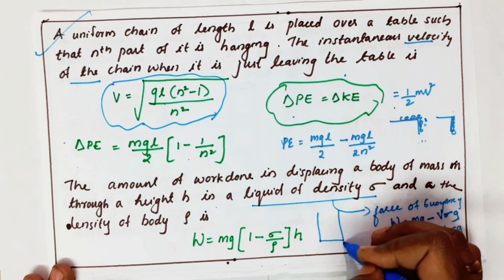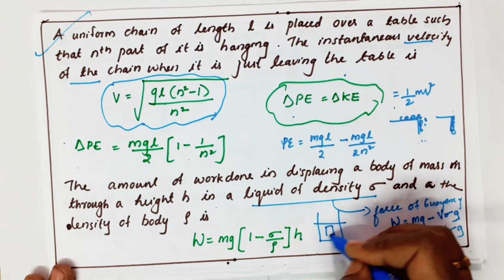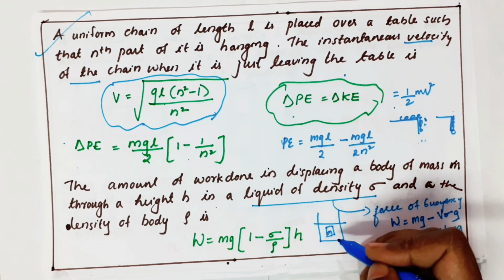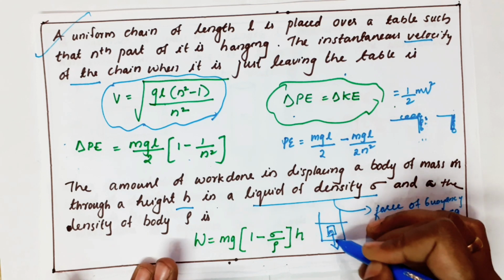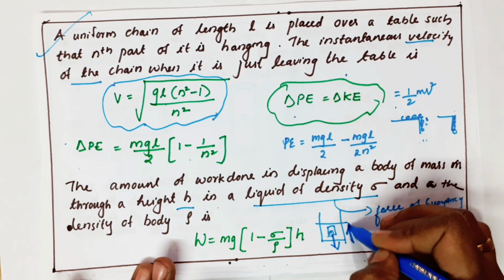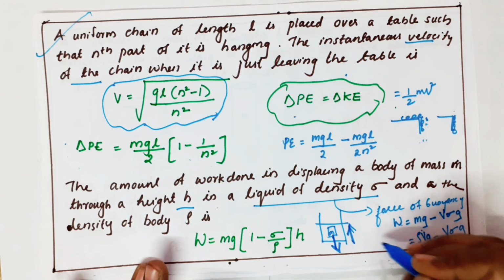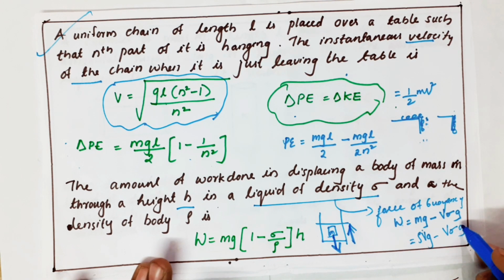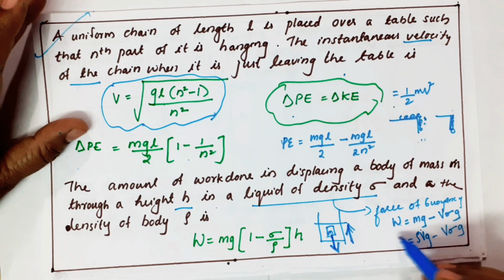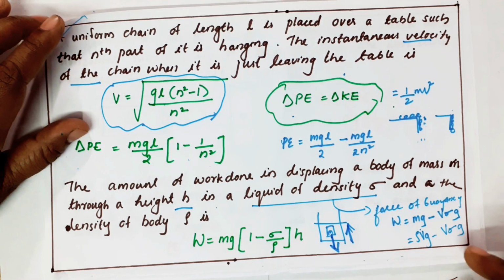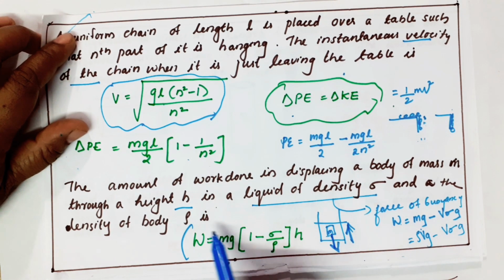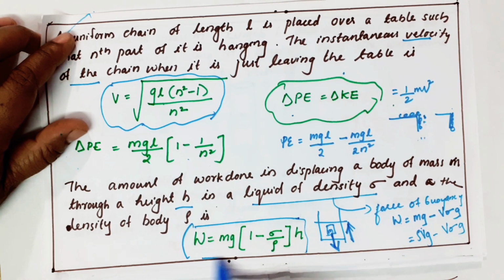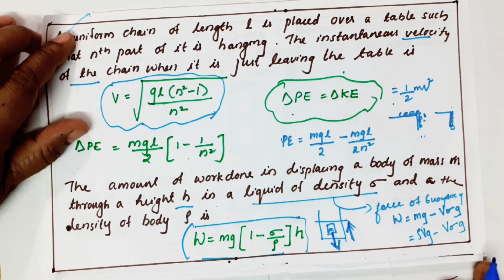See, the body, with its mass, will be there, and we need to lift or displace it to a height h. So you remember the body has two forces. One is the downward force, the other is the upward force. Downward is due to weight, that is mg. Upward is due to the buoyant force, that is V sigma g. After that we take it as common. Rho Vg you are taking common from the term, but here there is no rho, so the rho term comes in the denominator. If it is easy to remember like this, it's very good. Mg into 1 minus sigma by rho into h is the equation.